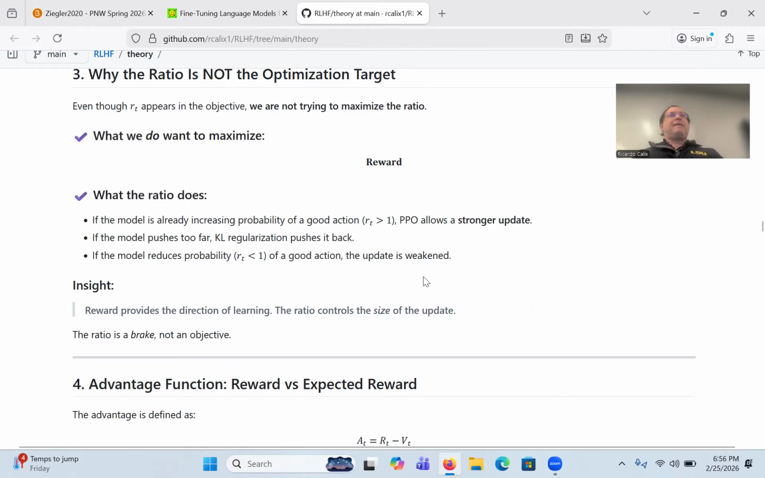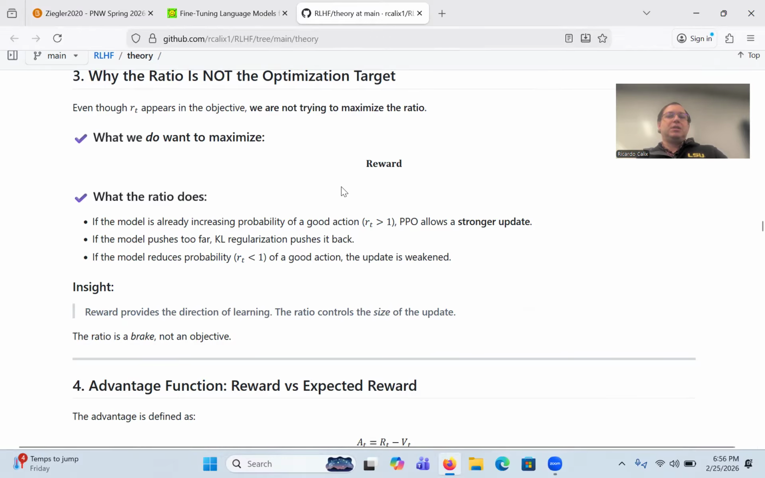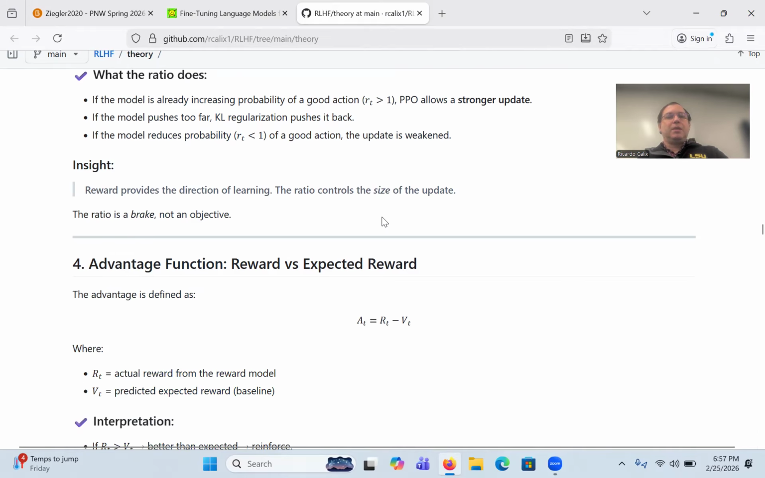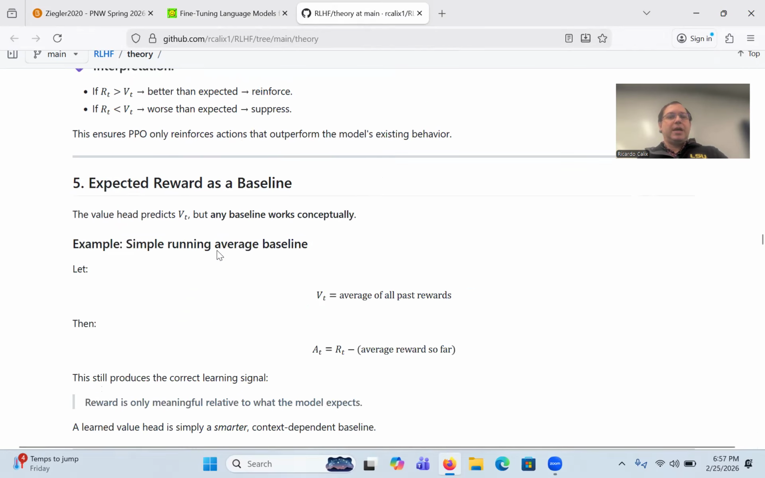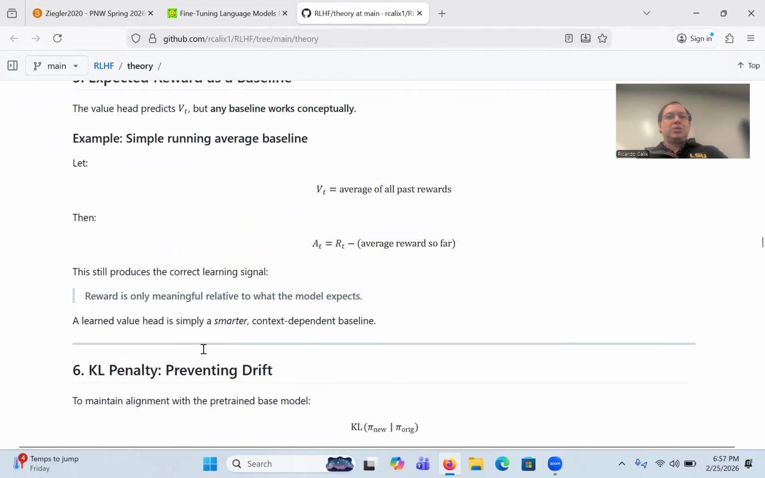Yeah, go ahead. Why are we still updating? If it's worse, why don't we just... It's not worse exactly. The reward is what tells you if it's worse or not. The ratio just controls if you increase your probability of predicting that term. So we'll see this in a second. So let me just finish through this, and then I have a little graph over here, so we'll get to that. All right, so